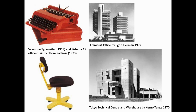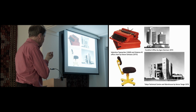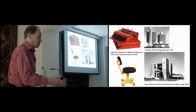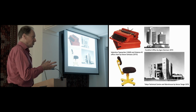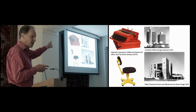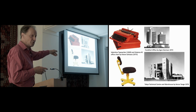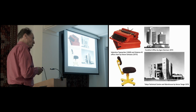The Sotsas designed the chair, which we used to have some of those in the office. I can't get the dates to work here, but I was brought up to believe that Carlo Aladeff, who was the boss who employed us, had employed Ironman to build the offices in Germany, and then had gone to Japan and Ironman had told him to employ Tanguy in Japan, and then Tanguy had told him to employ Stirling in England, and then Stirling told him to employ Meyer in